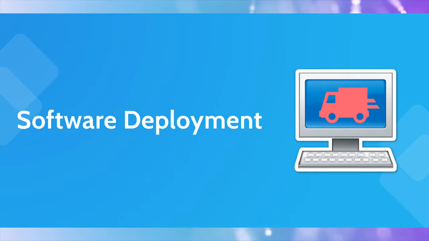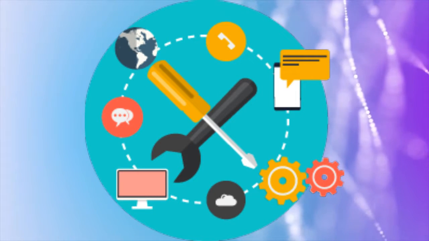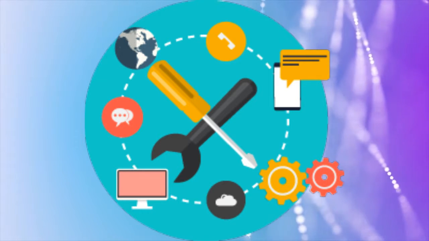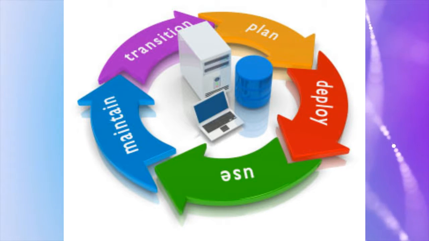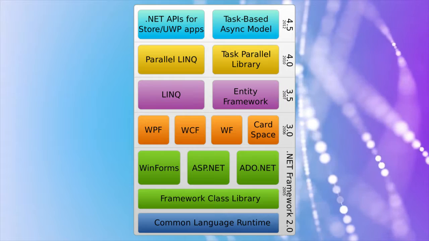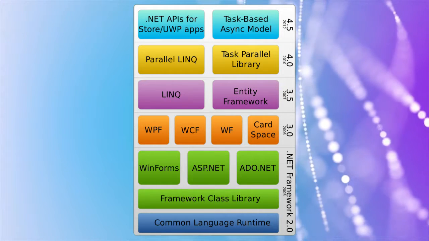So third is to provide a very simple software deployment and versioning model. It allows us the compatibility to deploy a software once it is built. That is, to create a .exe file is very simple using .NET Framework, and it also provides a simple versioning model. So now you might be wondering what the versioning model is.